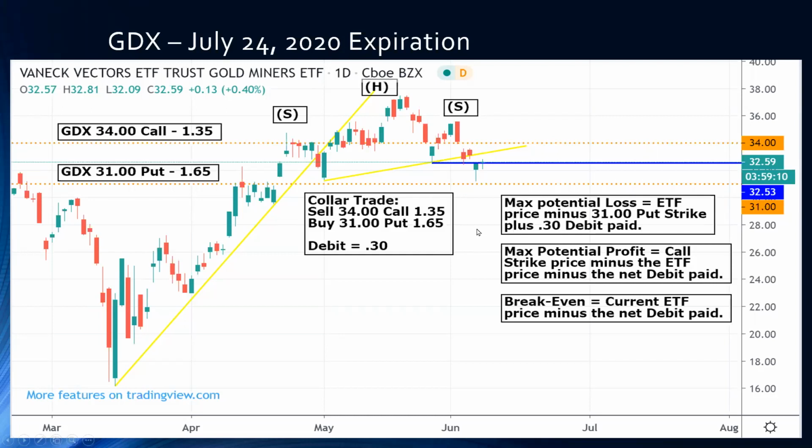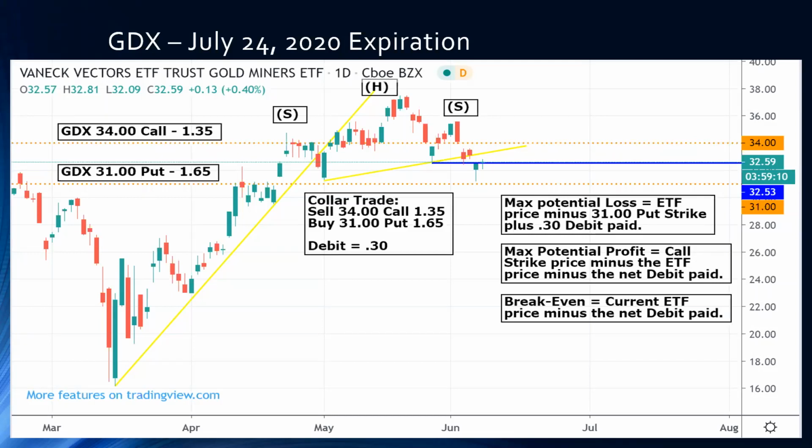Now I remember when Teddy showed an example of how the market was rallying, all of a sudden there's a head and shoulders pattern. What kind of a trade do I put on? Well, with this one, you don't have to get too complicated. You're pretty much looking for a bearish correction. You put on the collar, you're covered on both sides, and then if you get the break, you actually still get all the bang for your buck.